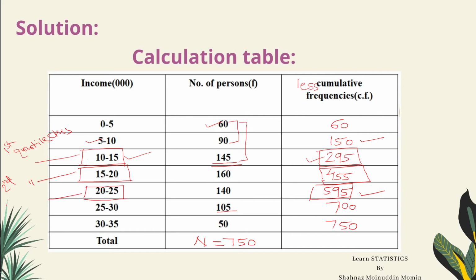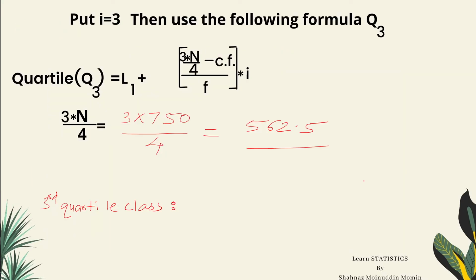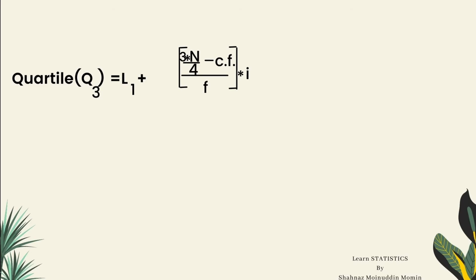Hence, this is the third quartile class, and its cumulative frequency previous to 20 to 25 is 455. The third quartile class is 20 to 25 with lower limit 20. Substituting all these values in the formula, we will get Q3 equal to 20 plus 562.5